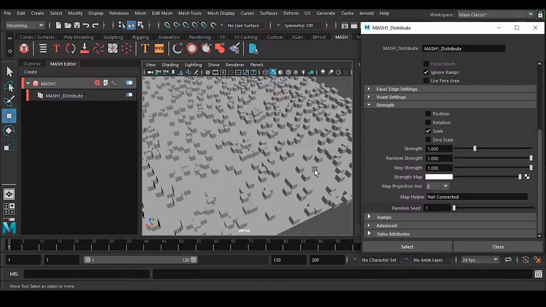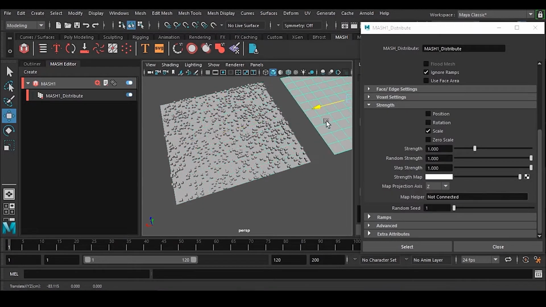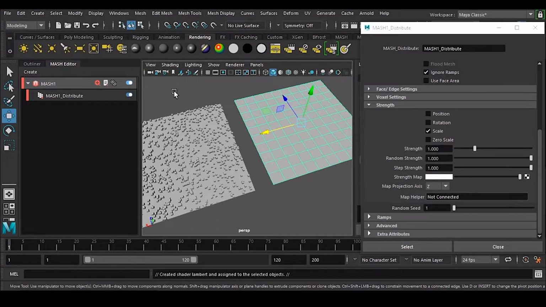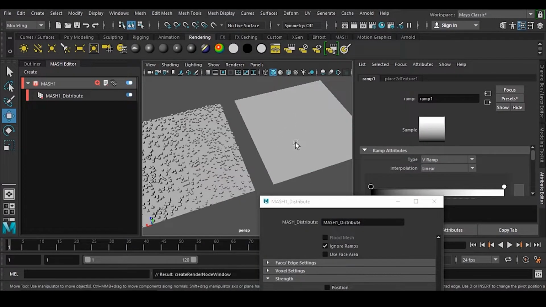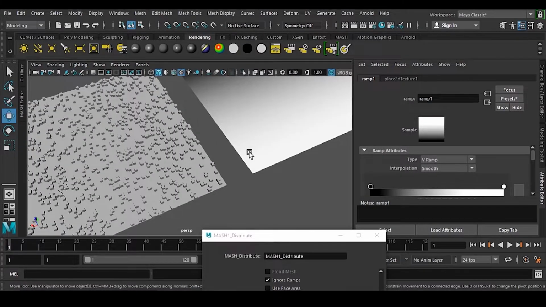What is the strength map all about? It is a very normal thing. If I Control D and copy this one, and go to this rendering here and click on this button, this is called Lambert. On this Lambert, I can click here, go for this ramp, and press the 6 key to see this. Always, the interpolation has to be smooth, and it is a very good thing to have a smooth